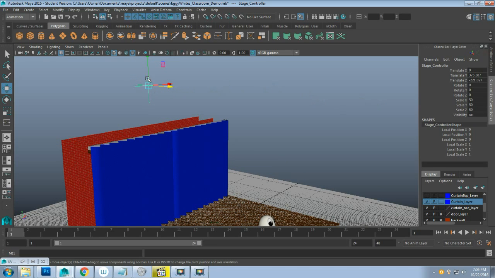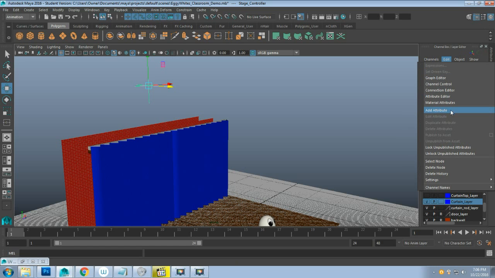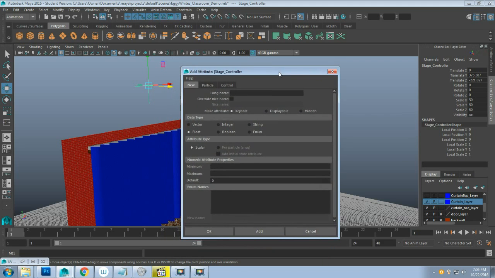What we have to do for the controller is we need to set up the control mechanism so it can have access to these curtain rods. Over here on the control panel, our channel box, we go to Edit and come down to Add Attribute. What this will do, if you look at the channel box right now, we have translation, rotation, scale, and visibility. These are attributes, and we can mess with all these if we want to. What we're doing now is we're going to add a new attribute to this list that will allow us to control these pieces. So inside the new attribute editor window, we have the option for a long name and a short name. Long name is just going to be